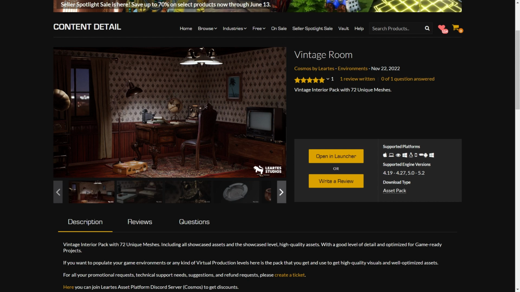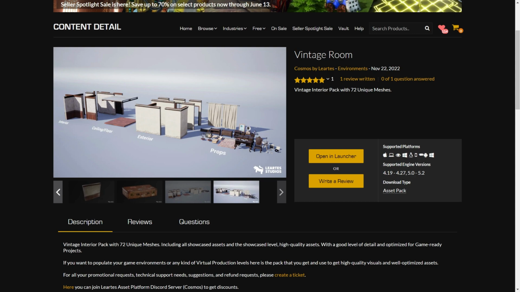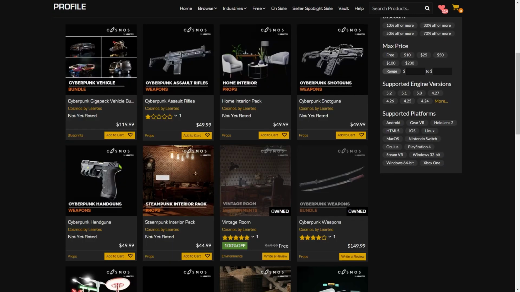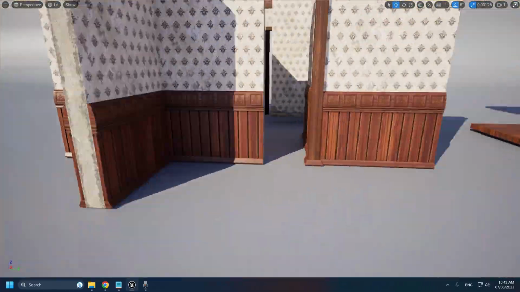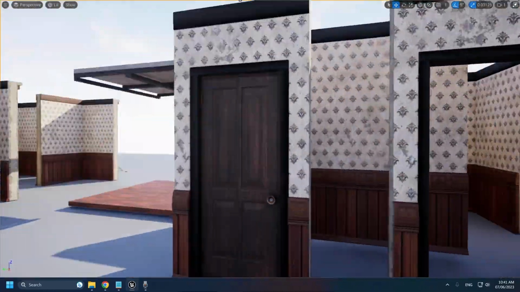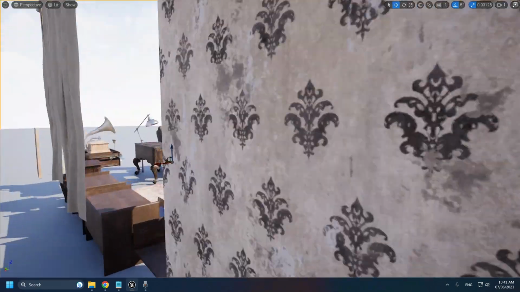Hello, in this video we're going to look at the Vintage Room by Cosmos by Vertices, which is a Victorian style asset pack aimed at virtual production, which normally goes for around $50. Going over to the overview level, we see the interior parts are modular, the ceiling and the roof, the floor,